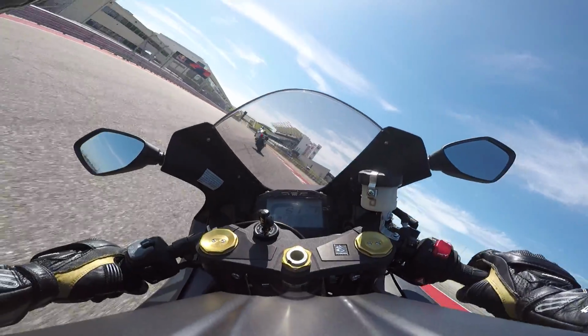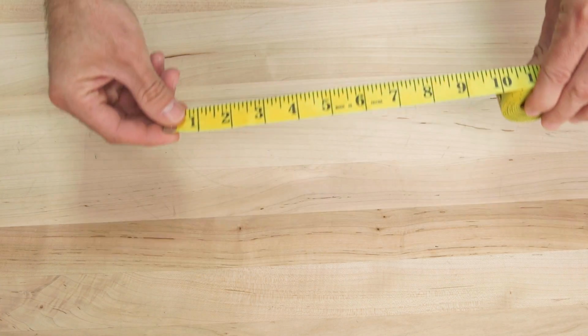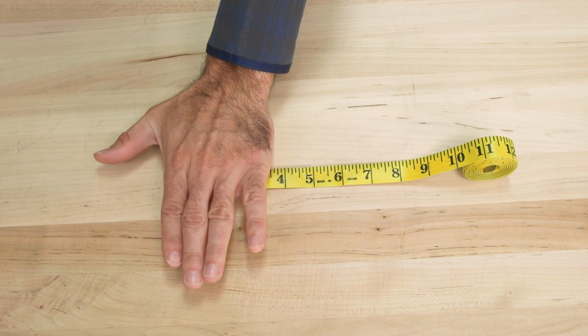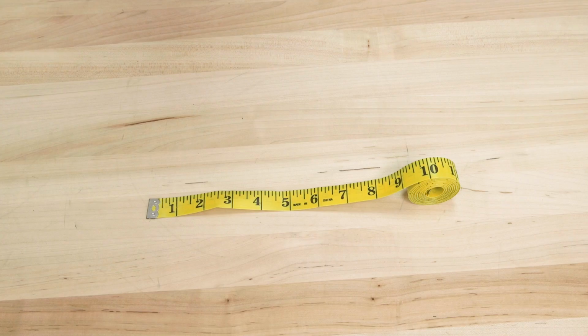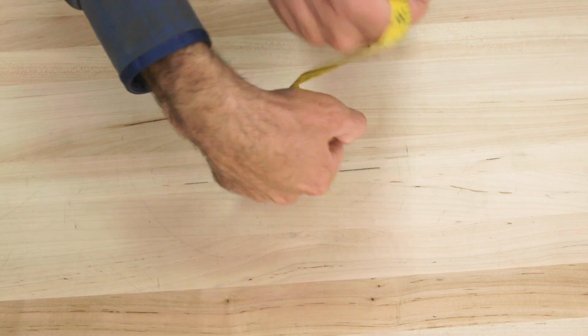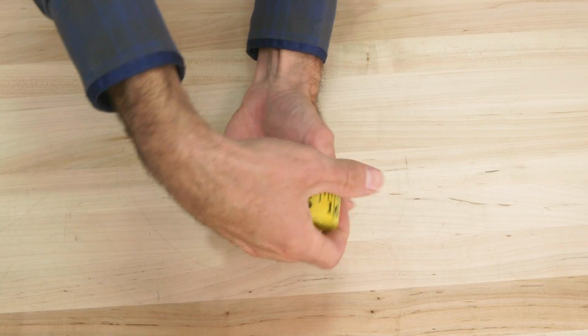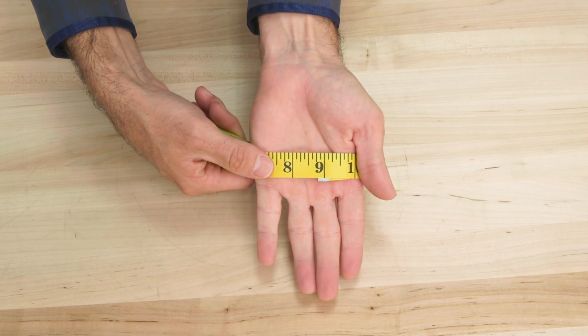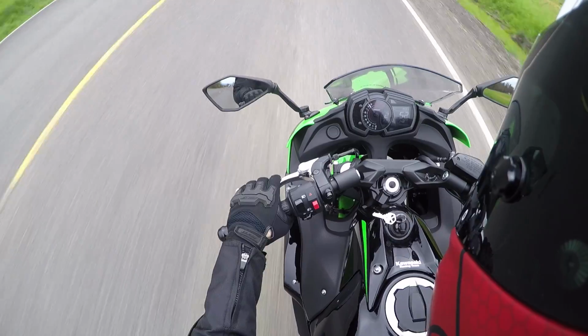Size is generally determined in one of two ways. If you're measuring width, take a soft tape and lay it flat on the table, and then place your hand palm side down on the tape to see where you land. For the circumference, take the soft tape and wrap it around the widest part of your hand, and be sure to reference the manufacturer's sizing chart. You want a glove to be snug but not restrictive, so you can maintain your ability to manipulate the controls